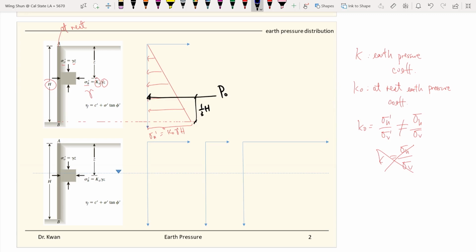Okay, now what if we have a water table, where we have partial saturation, or the bottom part of the wall being saturated, which is very common for our retaining structure. And this water table can go up and down because it depends on the rainy seasons and also other water recharge that you may have at your retaining wall. So when you have water, things get a little bit more